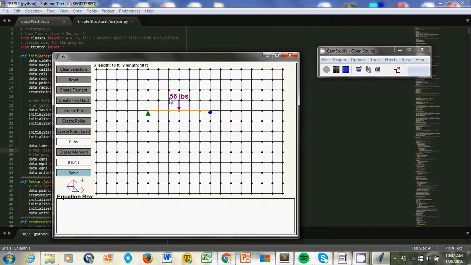Let's say this is the inappropriate force I wanted there. Let's say I wanted 100 pounds instead. I can simply create another point load and just add 44 to this, and now I have 100 pounds. See, I fixed it. The program is also smart enough to figure out if a structure is unstable,